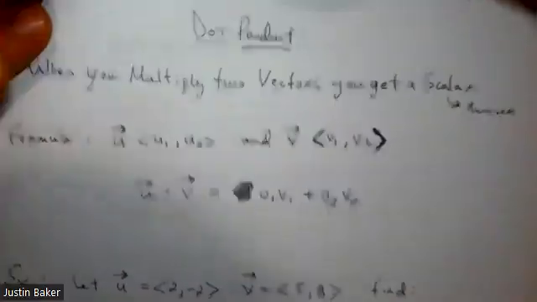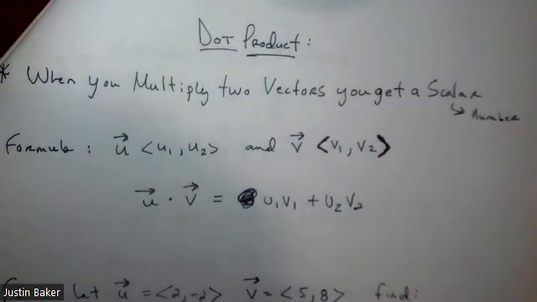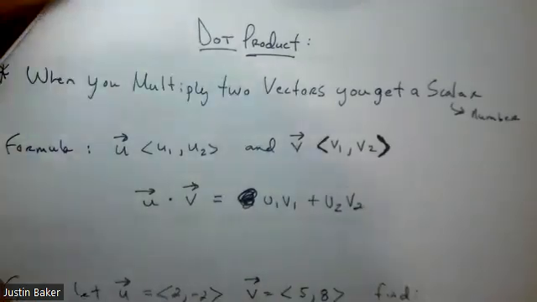Next up, we've got something called a dot product. A dot product is when you multiply two vectors together and you get what is called a scalar number. A scalar number is essentially just a singular number. We're going to put this all together and get one result, one number. So for a formula here,